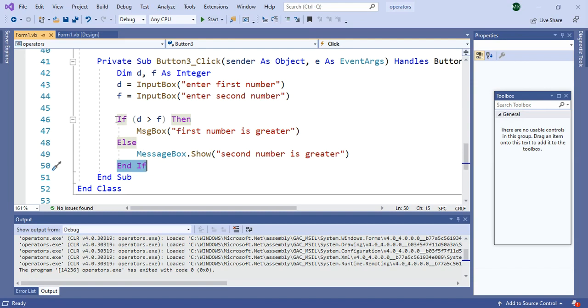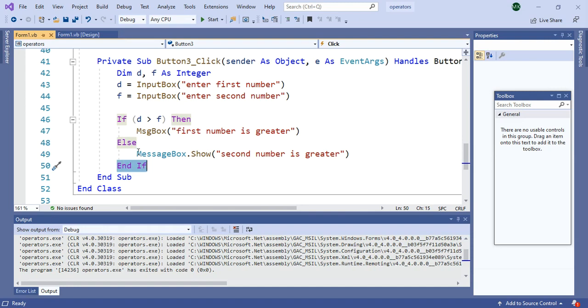So please remember how to write the if, then, else control structure. First the if condition, then which action should be taken, that you should write after Then. If this condition is false, then what to do, that you should write inside Else. And at the end you should end that if else control structure.